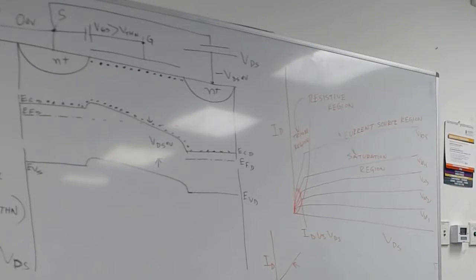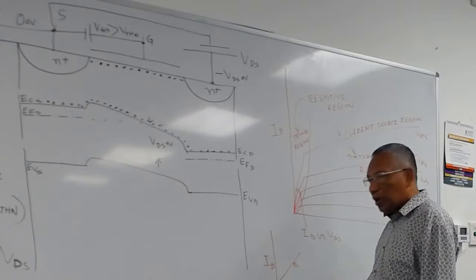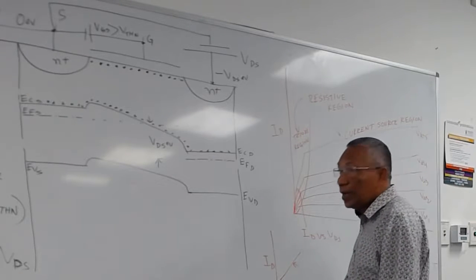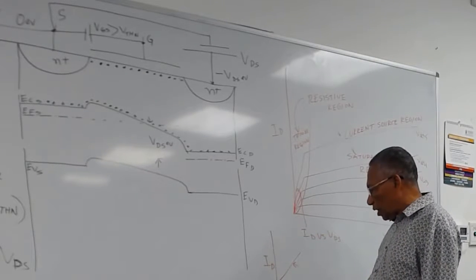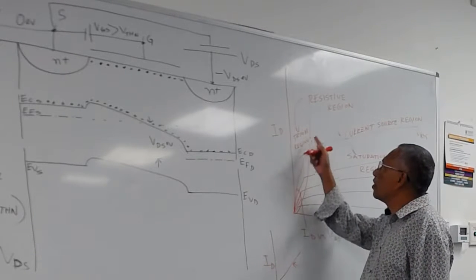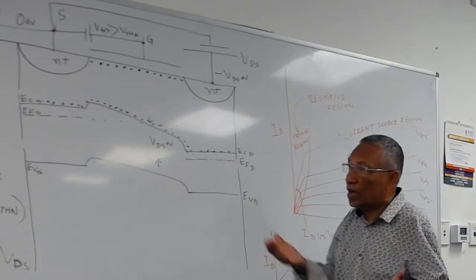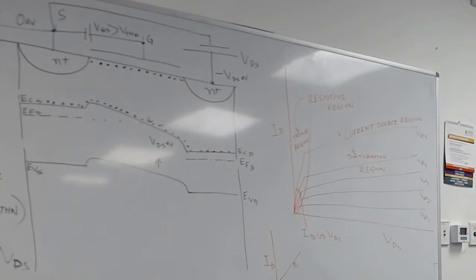And there are different current voltage equations. If you write the equation of VDS versus ID, it will look like a resistance here, isn't it? So what is the relation between VDS and ID when it is acting like a resistive region or triode? So what is that? Let's write it down. In this region, ID